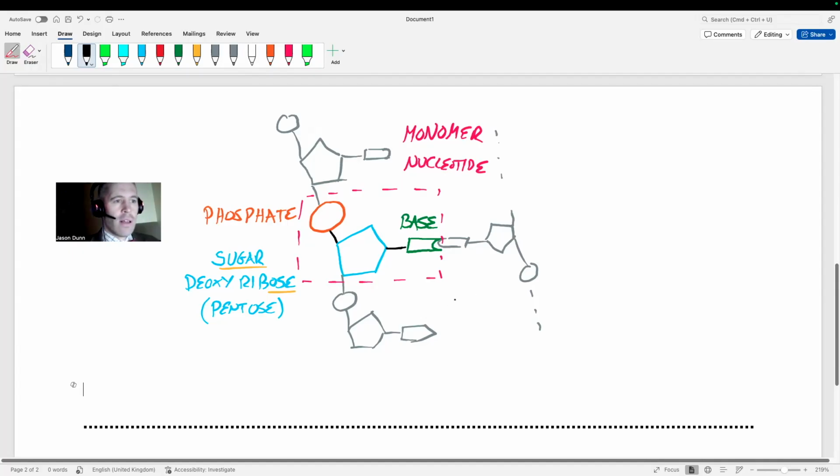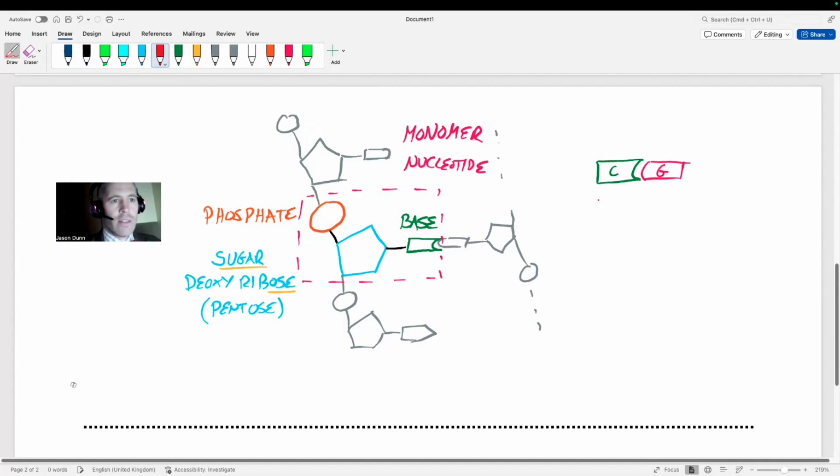So you have, let's draw it like this. So we'll draw that one, and I'm going to call that C. And then I'm going to draw this one, and I'm going to call that G. So C and G fit together.